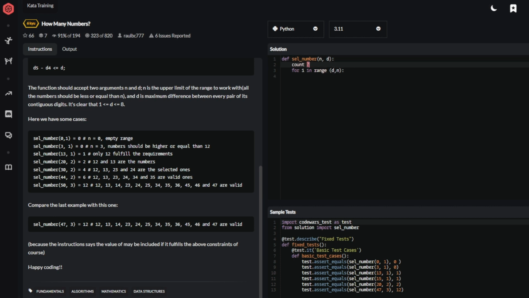Count equals 0. If for s in string of e, if